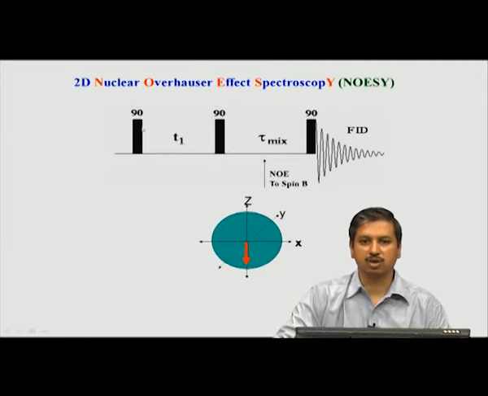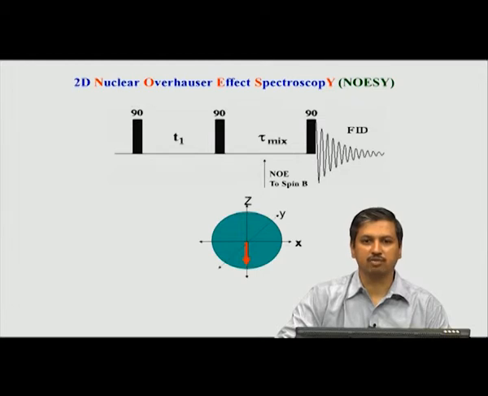That means only those chemical shifts which are mixed or which are transferred from one to another during this period, only they will give rise to cross peaks in the final spectrum. If two spins are not interacting with each other, means they are far away, more than 5 or 6 angstroms, there will be no interaction between them through space, and therefore, the energy of the magnetization of A cannot be transferred to B, which means in the final spectrum you will not expect to get any cross peak between A and B. So, this is a very simple idea.